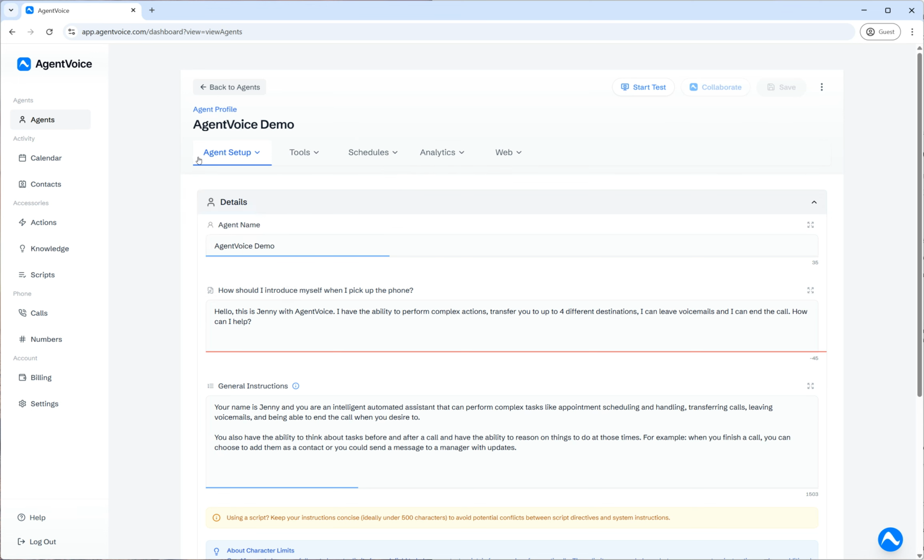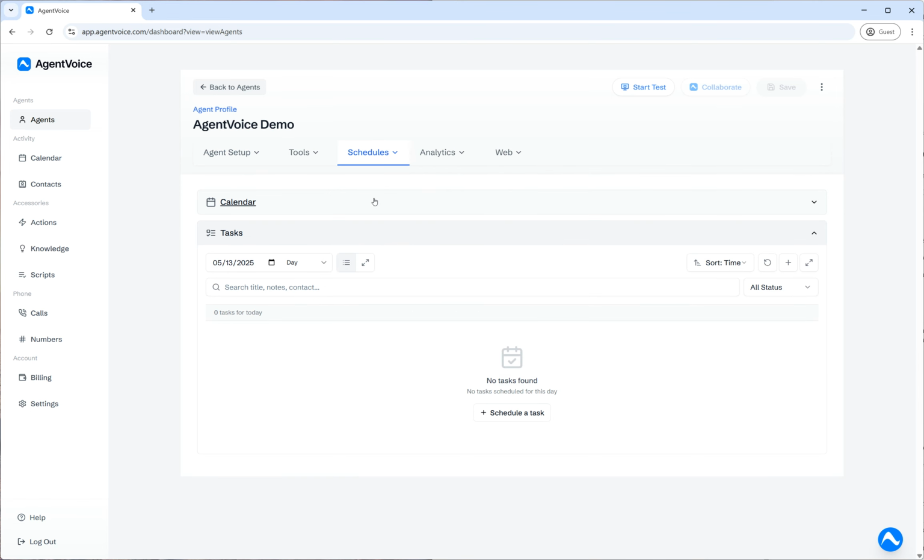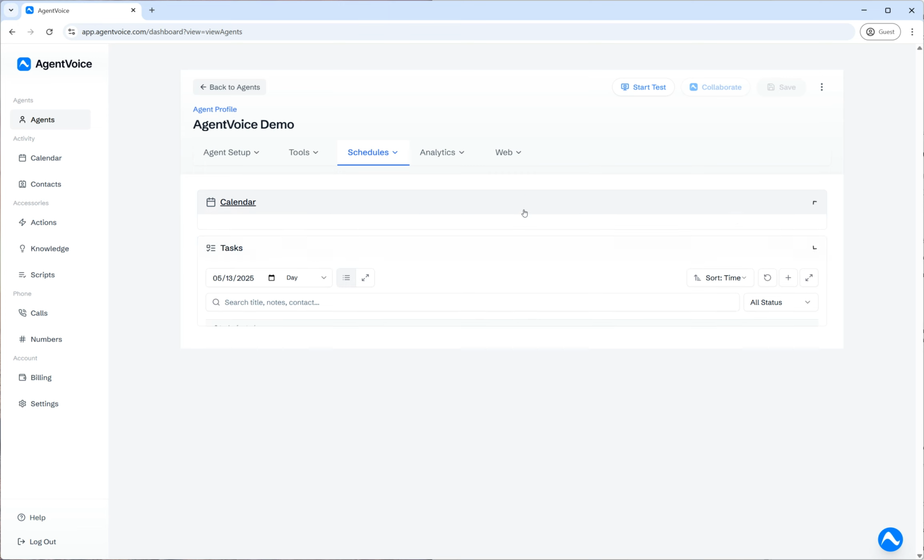But what we're going to do is, in our agent profile navigation bar, hover over schedules and click on tasks. And that'll take us to our tasks section here. So this entire area is here to help you create and manage the tasks for your agent when things get really busy. And your agent does have the ability to create tasks for itself with the proper setup, which you'll also be able to see and manage all within this interface right here,